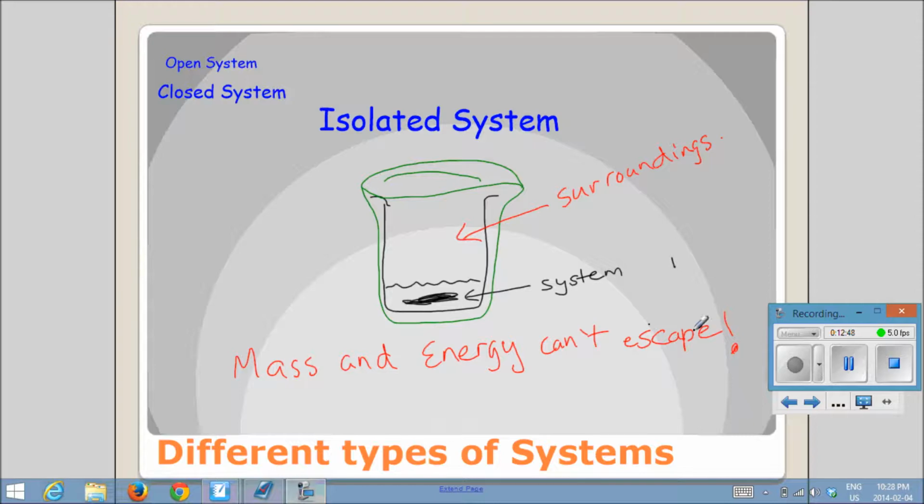So why do we care? Well, this means that all the energy lost by our system or gained by our system is captured by our surroundings. Okay, and remember, we can measure the surroundings. So in an isolated system, we can carefully calculate the difference of heat transfer in the surroundings. We can calculate exactly that amount and know that it came from the system. So we can equate what's happening in the surroundings to the system. In other words,